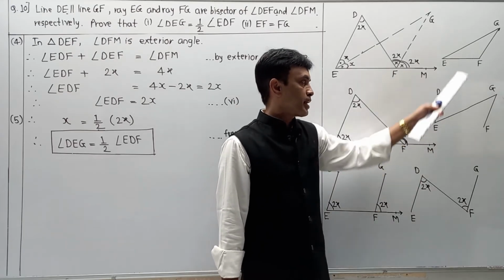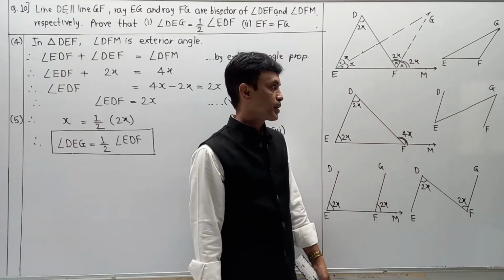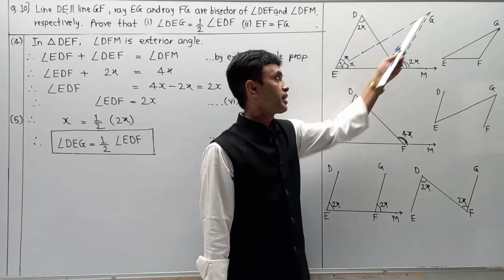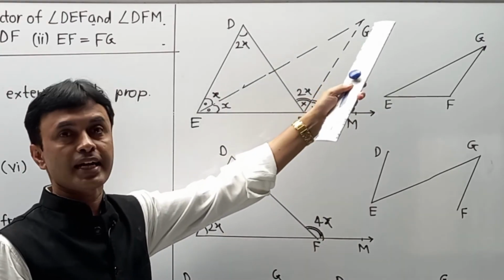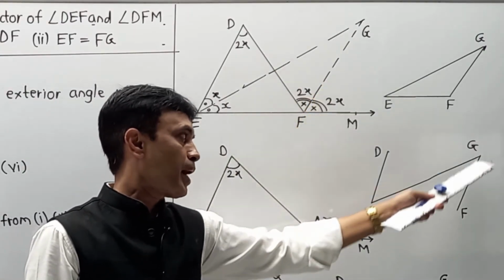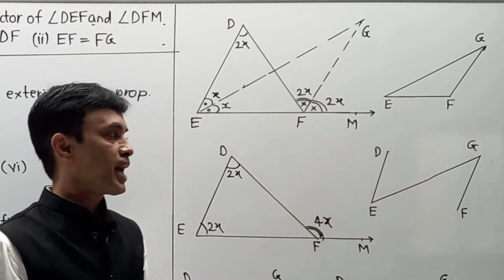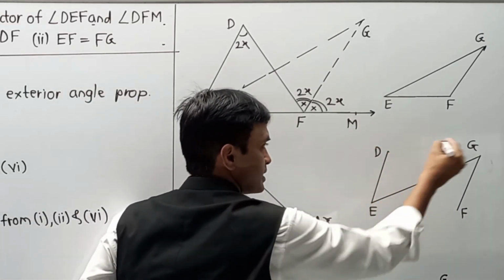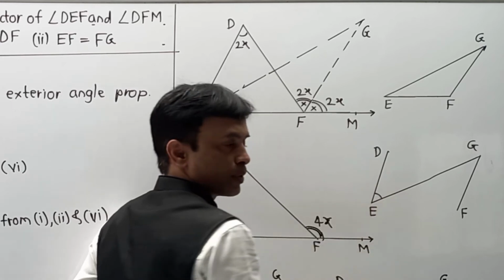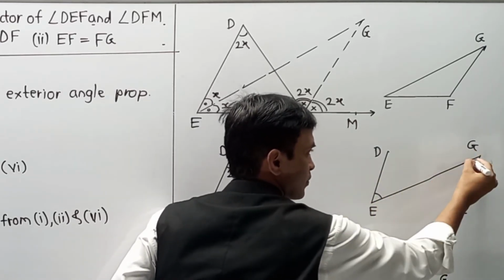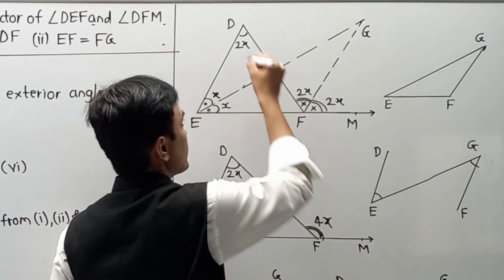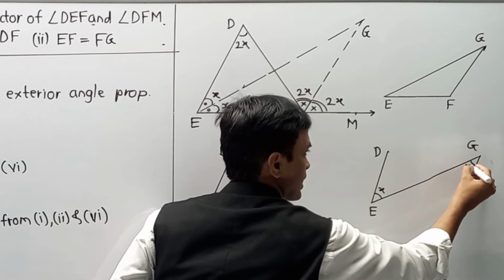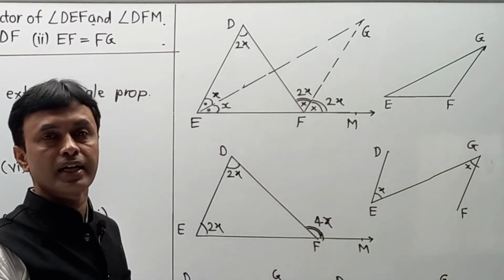Now, understand these two diagrams. First of all, try to understand this diagram over here. What exactly is given? They have given DE parallel to GF. Naturally, EG acts as a transversal. If it acts as a transversal, then angle DEG, the angle formed over here, is equal to angle EGF, the angle formed over here. Already we have indicated DEG as x. So naturally it becomes x because these are alternate angles.